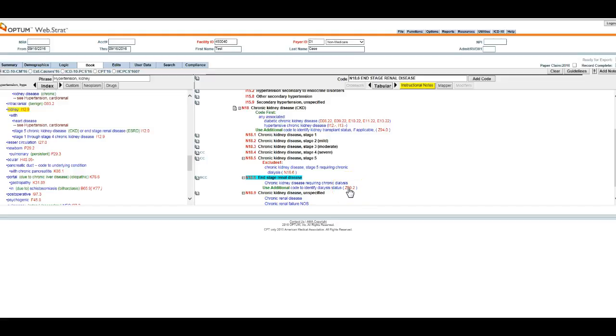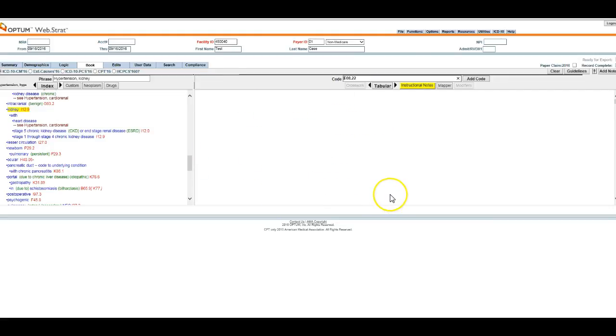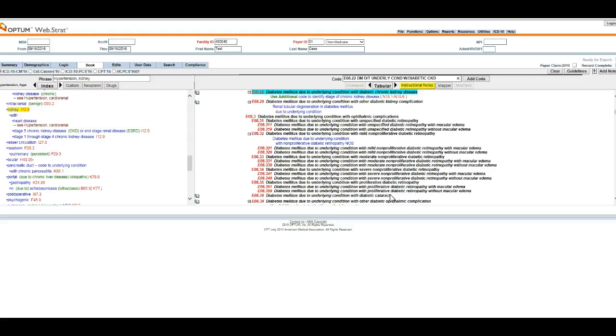I have a note that tells me to use additional code to identify dialysis. However, I'm seeing the 3-digit category here, which is just the main category associated with chronic kidney disease, explaining that I need to code first any associated diabetic chronic kidney disease and hypertensive chronic kidney disease. Now it just tells me that the patient has diabetes 2. It does not say that the patient has diabetic chronic kidney disease. However, we have to check the code and look at the rules and guidelines to assure that we are coding